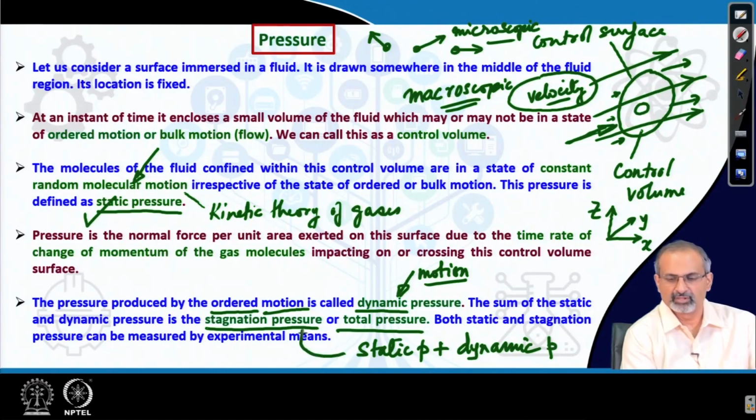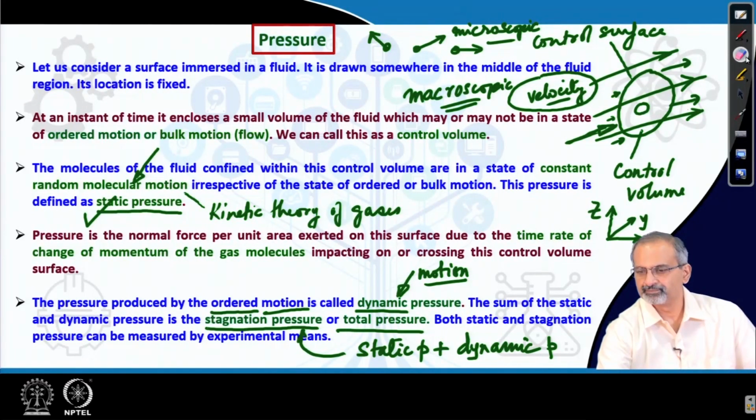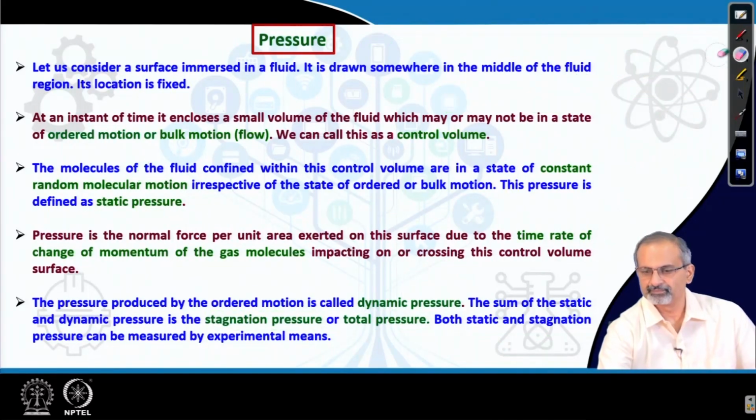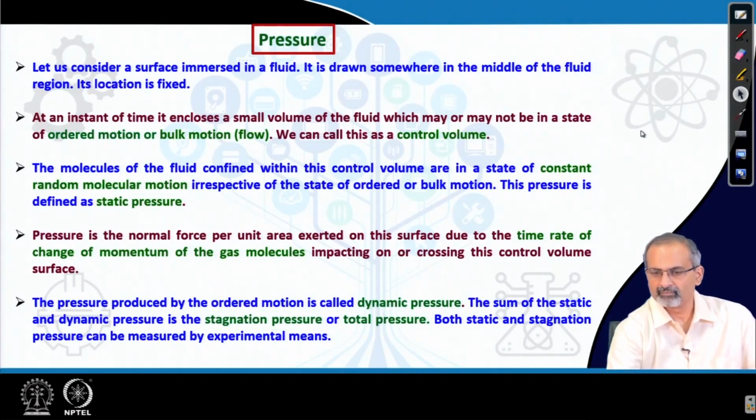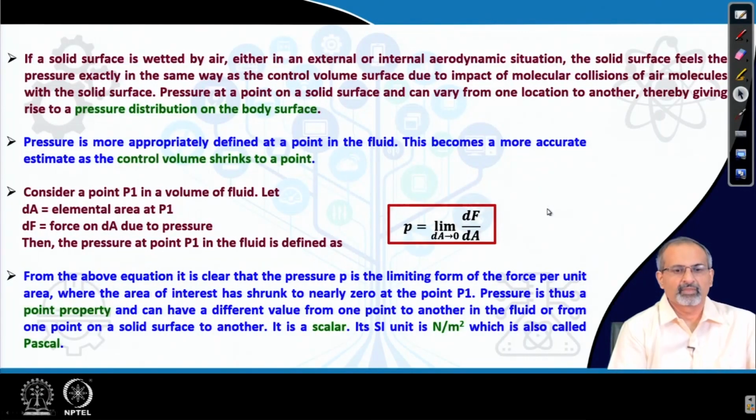So, that gives you stagnation pressure or total pressure. Both static and stagnation pressure can be measured by experimental means. We will look at the experimental means later in the course. Now, we were talking about defining a control volume and its control surface in the middle of the fluid, where